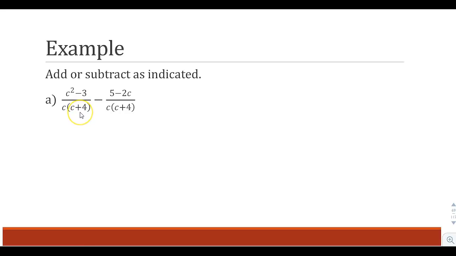When we look at rational expressions and adding or subtracting them, we should think about how we add or subtract fractions. In order to add or subtract fractions, we need common denominators. And if I take a look at these two denominators, they are already the same, c times the quantity c plus 4. To subtract these two rational expressions then, since they already have the same denominator, I simply subtract across the numerator. So this is going to become one rational expression with c times c plus 4 in the denominator,